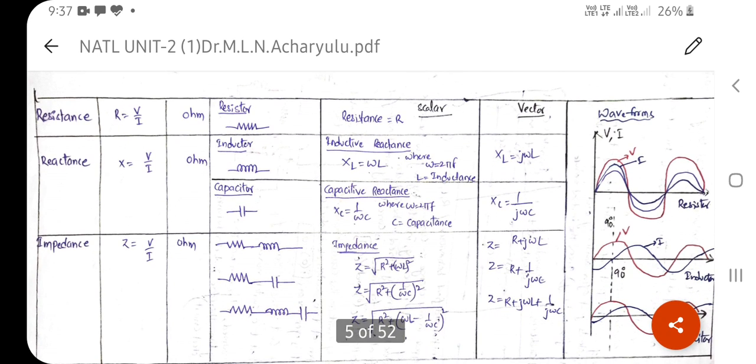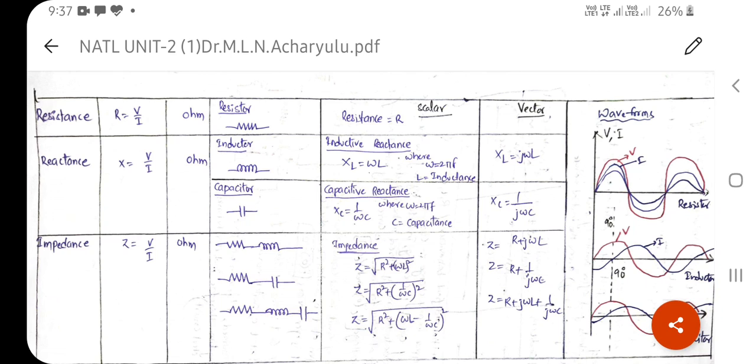Now, how do we analyze resistance, reactance and impedance? Resistance is the ratio of voltage to current, and can be a scalar or a vector quantity. A resistor is always a scalar, with no link to angle or frequency. For the resistor, voltage and current are in phase, there is no variation.